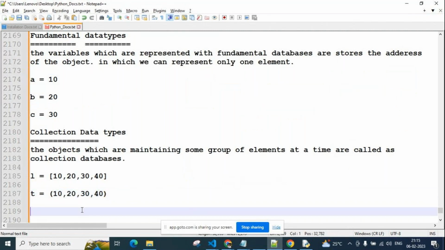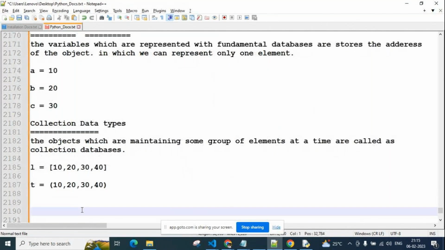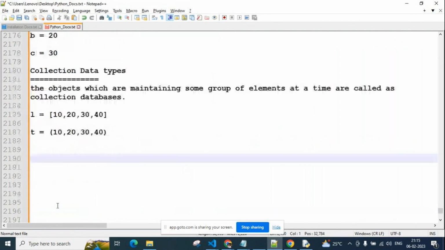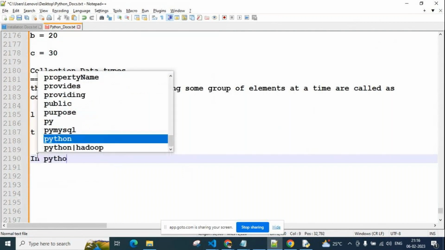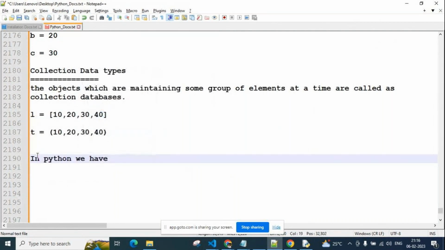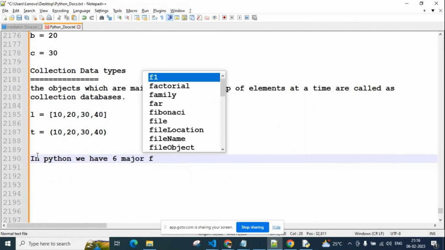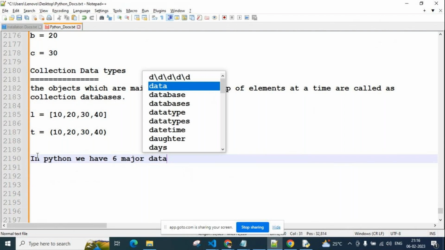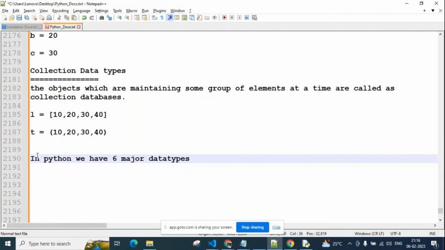I'll tell that point now. In Python we have 6 major data types, guys.